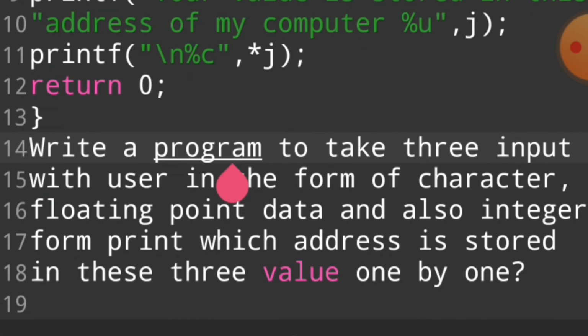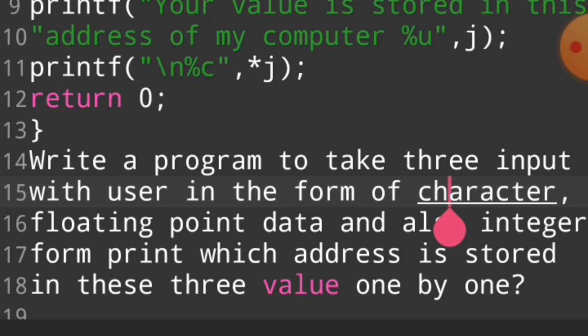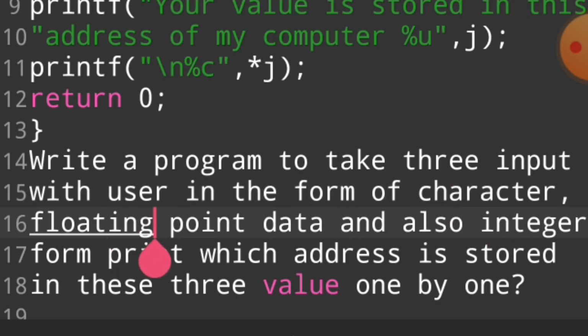This program says you write a program to take three inputs from the user. First input is in the form of character. Second input is in the form of float. Third input is in the form of integer.